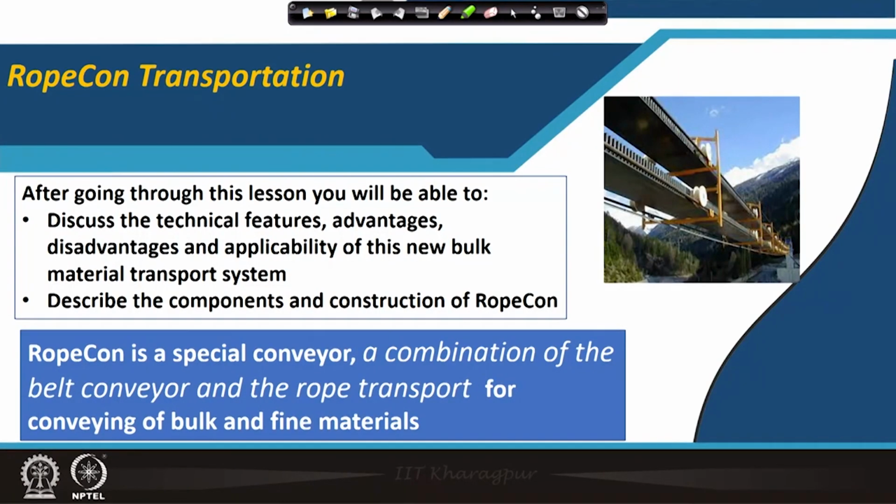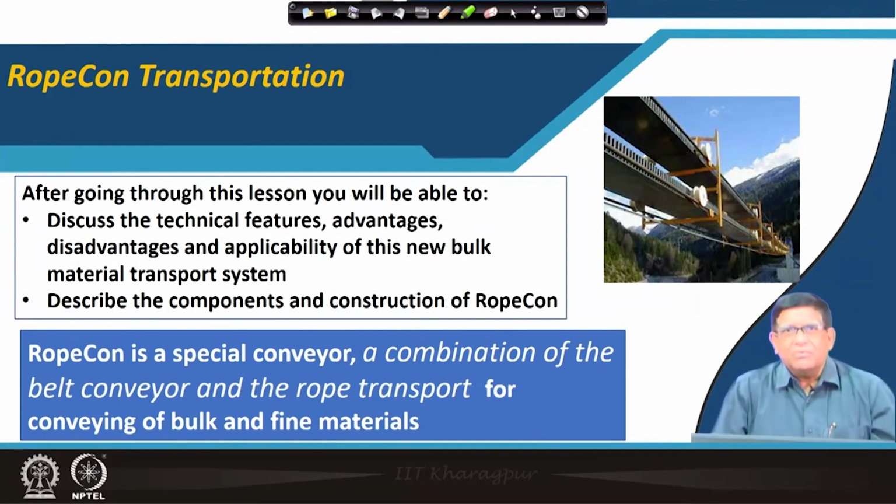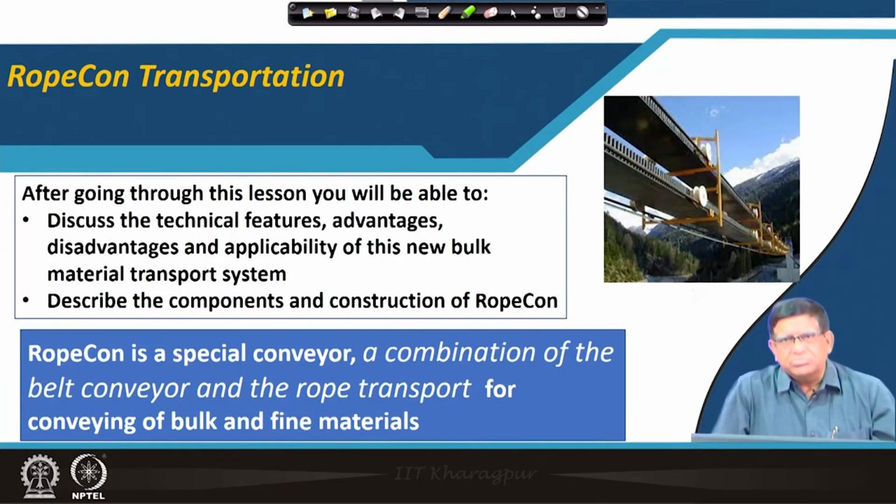RopeCon is the word used by the Doppelmayr company for this hybrid type of transportation system, which is called RopeCon Transportations. So, after this class, you should be able to discuss the technical features, advantages and disadvantages, and the applicability of this new bulk material transportation system. I think it has been there for more than 10-15 years. I think I first talked about RopeCon Transportations in 2008, in one of the mining conferences